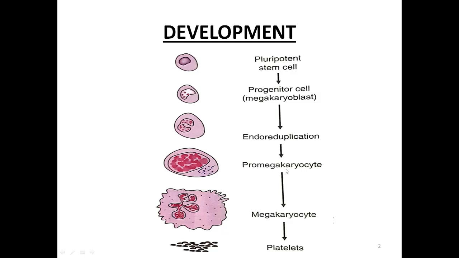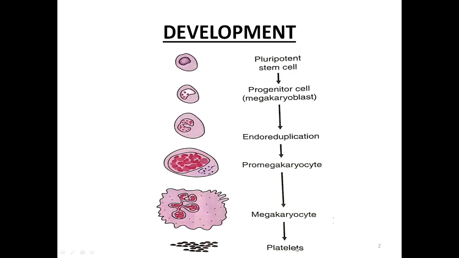Now, this promegakaryocyte will undergo further differentiation and give megakaryocyte. This megakaryocyte is 30 to 40 micrometer in diameter, having a lobulated nucleus, granules in the cytoplasm, and pseudopods on the surface of the cells. From there, the platelets develop. One megakaryocyte can give 4,000 platelets. Now, the entire procedure I described, which occurs in the bone marrow, from the pluripotent stem cells to form a mature platelet, takes place in the bone marrow in 10 days. So the days required to develop a mature platelet in the bone marrow is 10 days.